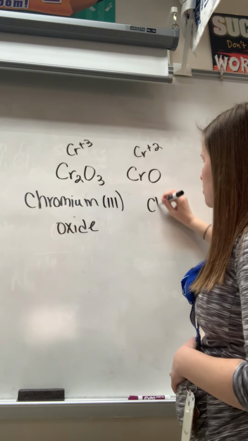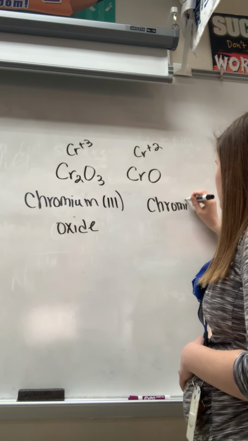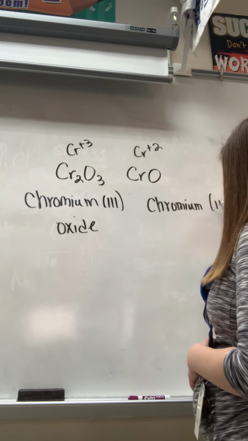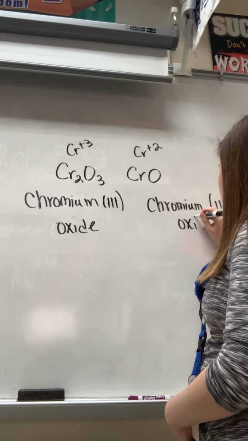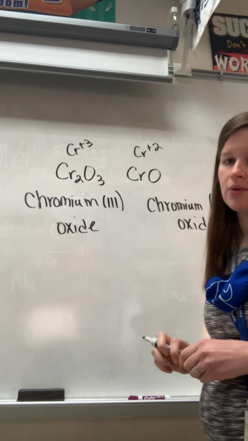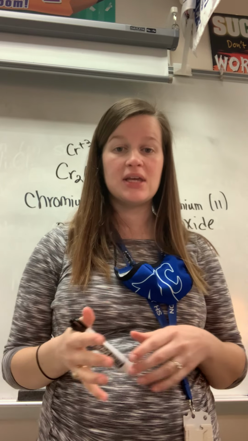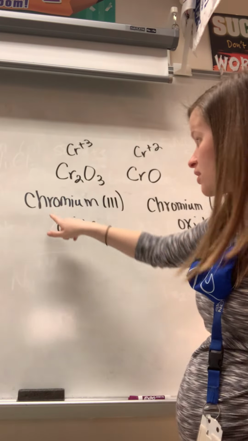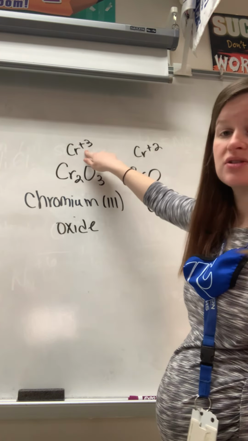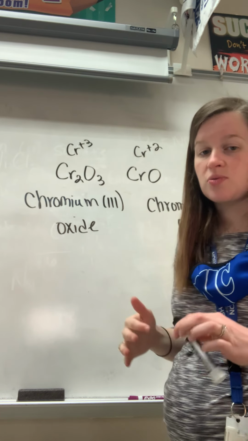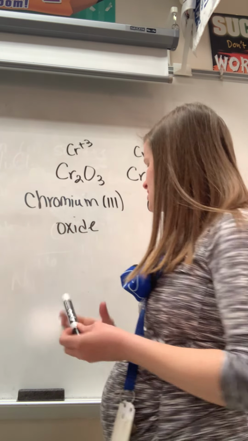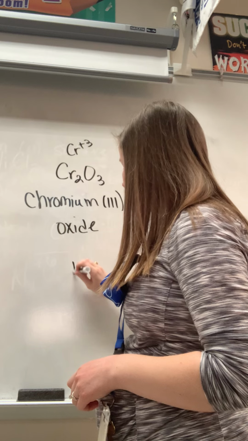And this one would be chromium(II) oxide. Okay, but you have to use the Roman numeral. The same thing can be said whenever we're going from the name to the formula, but that one makes it a little bit easier because just like I know that chromium(III) means that Cr is +3, I can just work backwards, right? So if I had something like iron